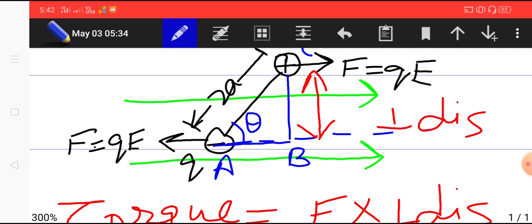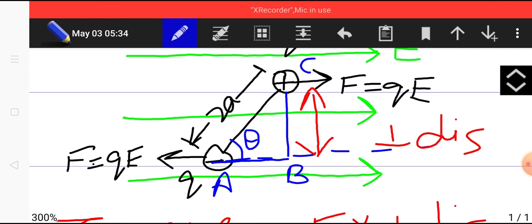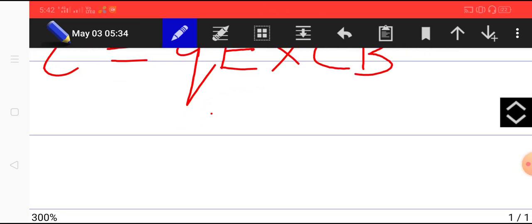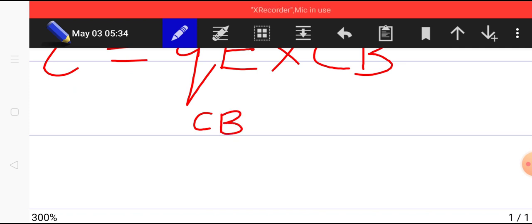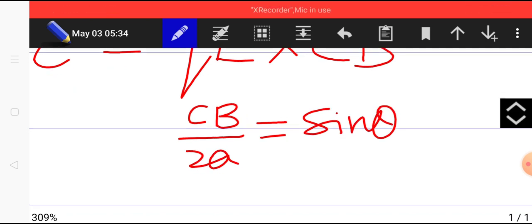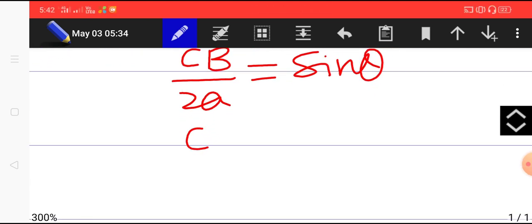So here CB is the perpendicular, and perpendicular divided by hypotenuse will give us sine theta. So CB by 2a is sine theta. Using this, we know that CB divided by 2a is equal to sine theta,